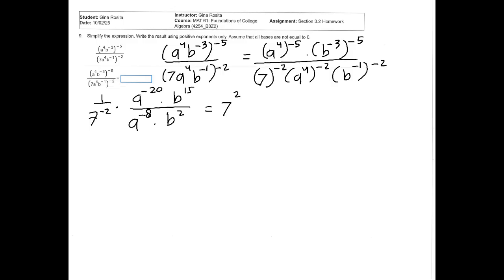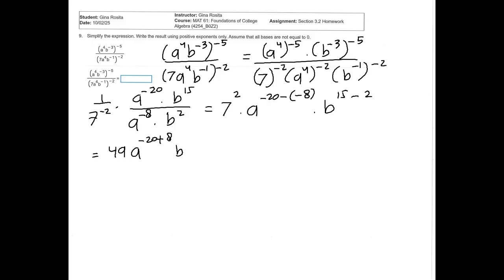Okay, now use the quotient rule. Times a to negative 20 minus, use the parenthesis, negative 8 times b to the 15 minus 2. Okay, so then it becomes 7 squared is 49 times a to negative 20 plus 8 times b to the 15 minus 2 is,